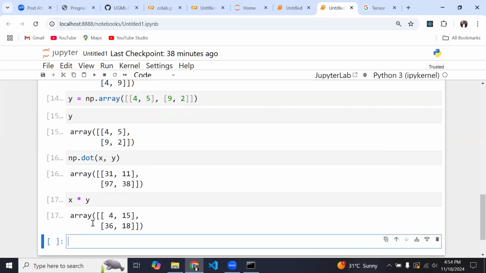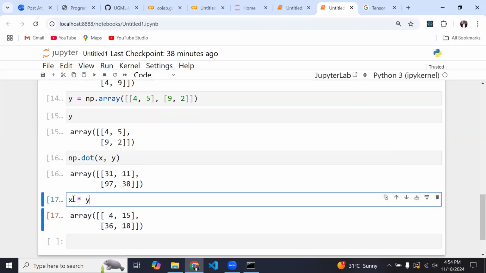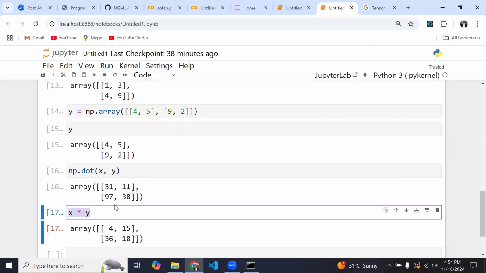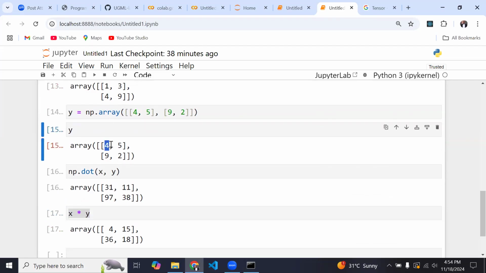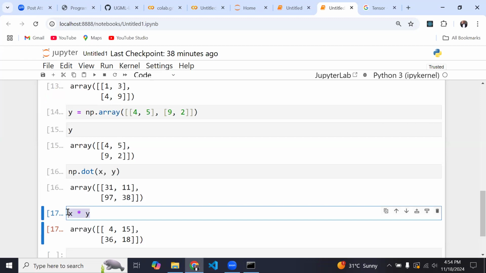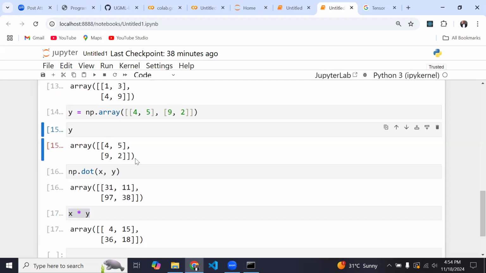multiplying Y is that when we do X multiplying Y this way, this is more or less like a broadcast. So it is only going to multiply 1 times 4. And that's why we are getting that 4 over here. And it's going to do 3 times 5, and we are getting a 15 over here. And it's going to do 4 times 9, we are getting a 36. That's not what we want. So this is almost like a pairwise broadcast of the elements. Now, what we actually need is a dot